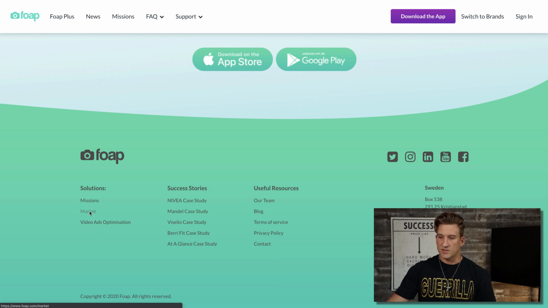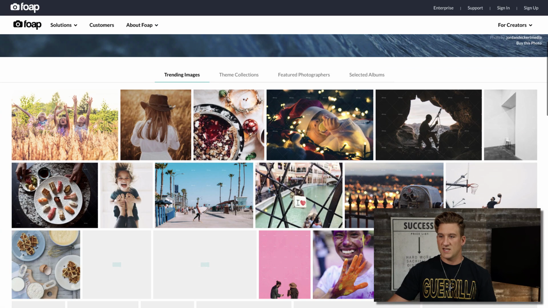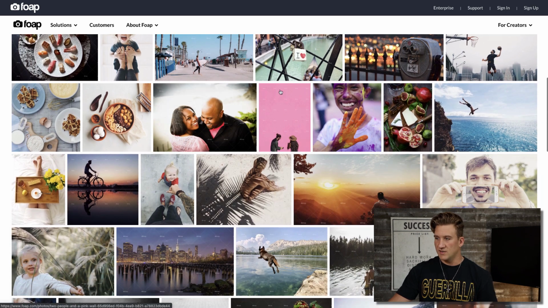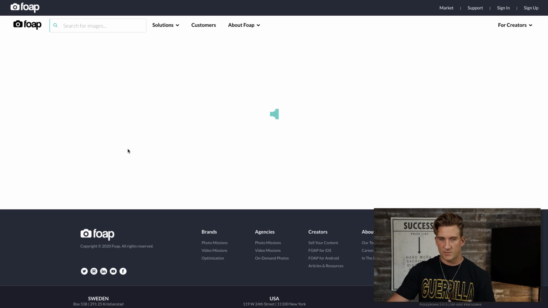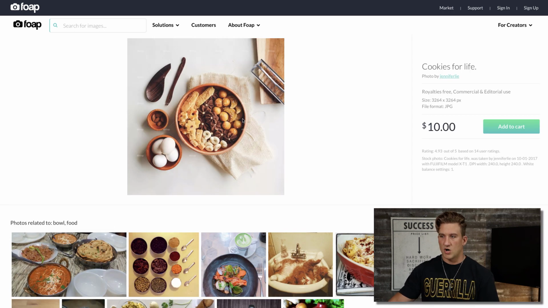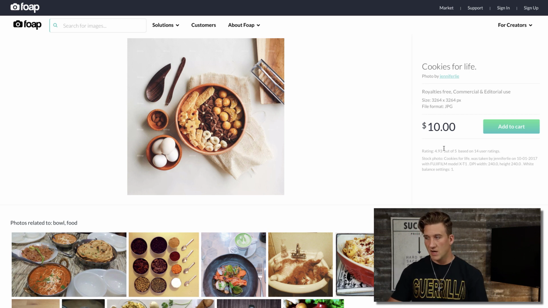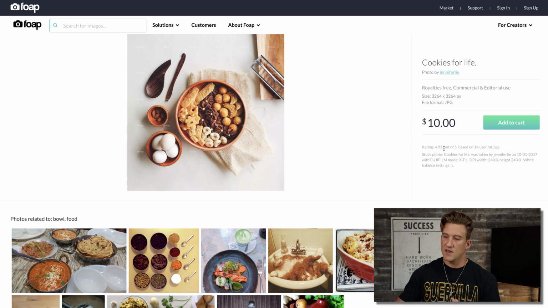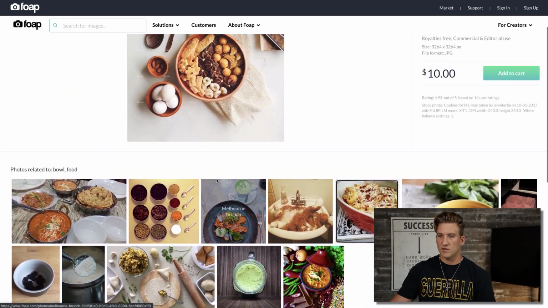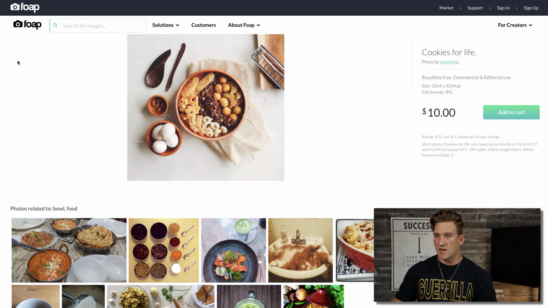And then they also have the little market right here where you can go and see what other people are doing. This is where you can look at other images that have been submitted, and you see there's personal people, there's food stuff. People that do blogging buy these photos, right? If I have a blog and I'm talking about keto diets, I go find photos like this for like $10 so I can put them on my website without any complications, right? I'd come in here and buy a bunch of photos, and then I make my blogs and websites. So this is a real thing. You can check it out.